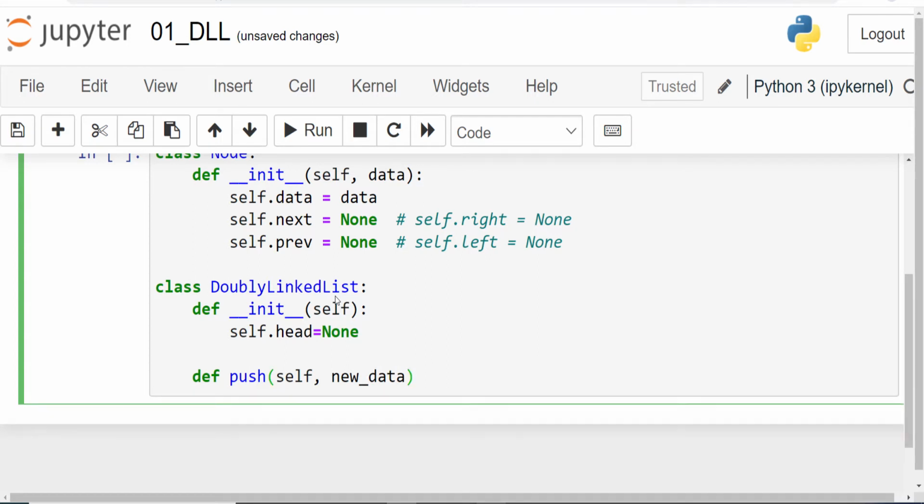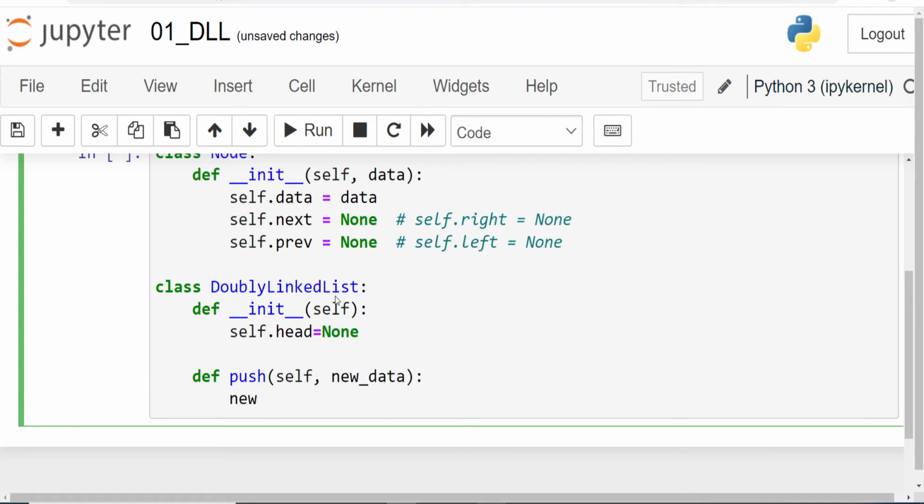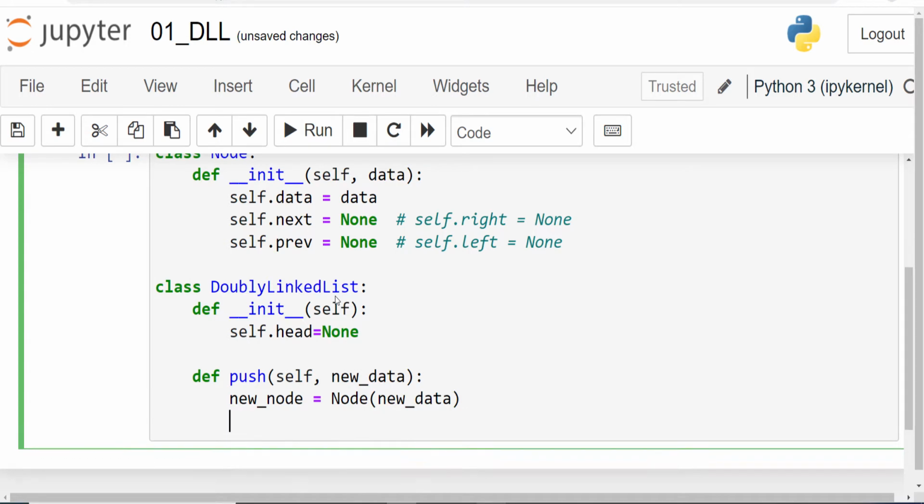Now here I am going to say new_node. So here we are going to create a new node with the new data that has been passed as an argument to this particular method. New_data, okay, d is lowercase, I guess. And then we are going to make next of the new node as head and previous as None, which is already set to None.